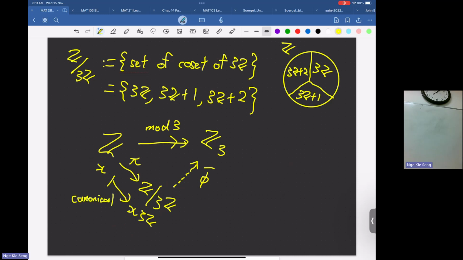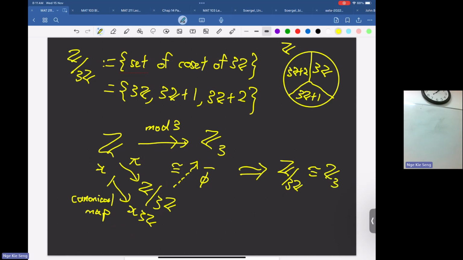You send every element to its coset. Canonical means what? It is the most direct one, the obvious one you have to define. And then there's an isomorphism back to the image. So this will give you the isomorphism between Z mod 3Z and